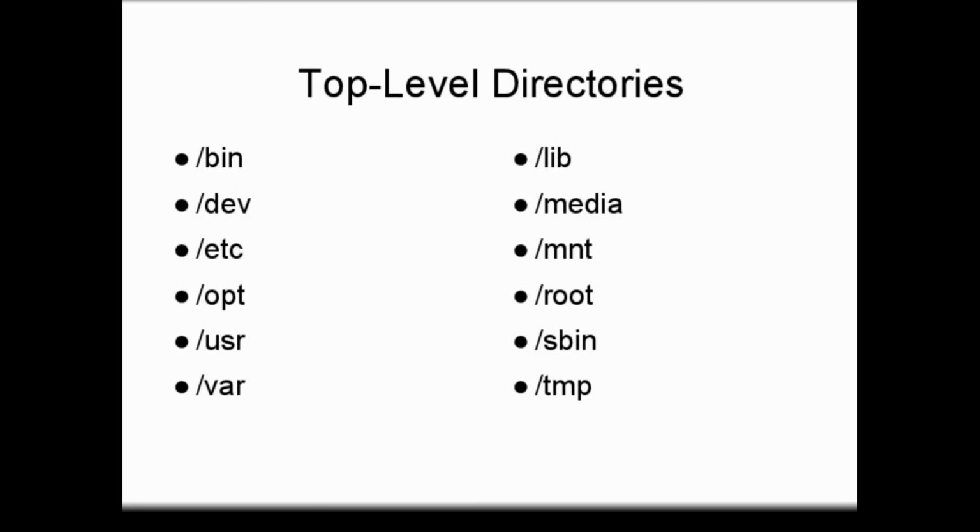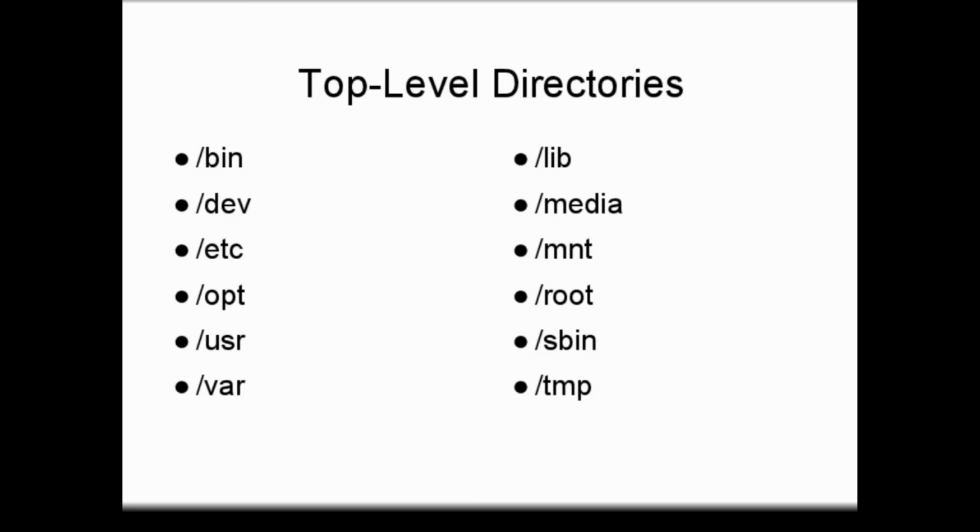These include /bin, which is where the minimum set of programs needed to work with the system is located, /dev, which contains entries corresponding to hardware devices on the system, /etc, which contains the system-level configuration files, /opt, which contains optional software typically added by the system administrator, /usr, often pronounced "user", which contains software that ships with the Linux distribution, /var, which contains rapidly changing files such as log files, /lib, which contains system libraries used by other programs, /media, into which automatic mounting systems will mount removable drives and devices,